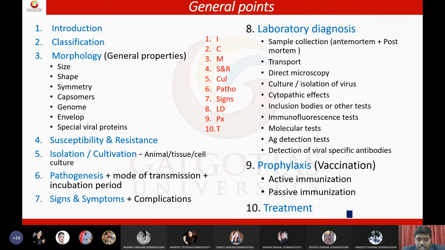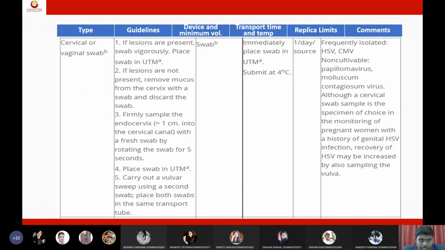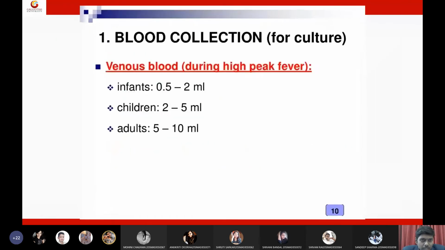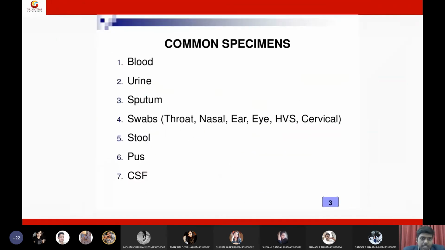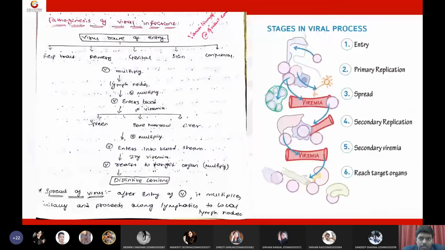From next week onwards, we can start with those 4 viruses, okay? Hepatitis B, HIV, and 2 other viruses. By studying those 4 viruses, we can finish Unit 1 and Unit 2, students. So this is all about today's lecture. In today's lecture, we discussed viral specimen collection, transport, and processing, and we also discussed the pathogenesis of viral infection. So viral pathogenesis: the route of entry, primary replication, lymph node spreading, then primary viremia, then going to the spleen, bone marrow, liver, secondary viremia, going to the target region.